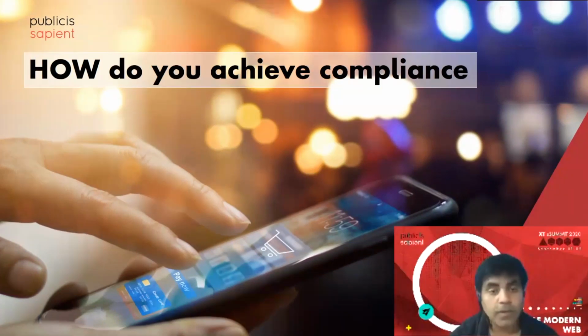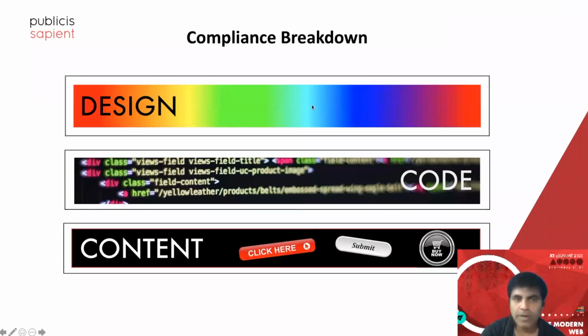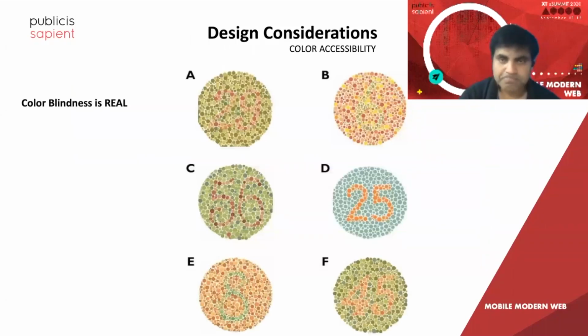Thank you, Ankit, for explaining why it is important for businesses to consider accessibility as one of the key elements that they need to deliver every time they enhance their website even further. Now let's come back to where we left off. The three key elements of design, code, and content, and how we can look at each of these pillars to understand how accessibility can be improved or considered while we are setting up the process of each of these core areas. Starting with the design itself,